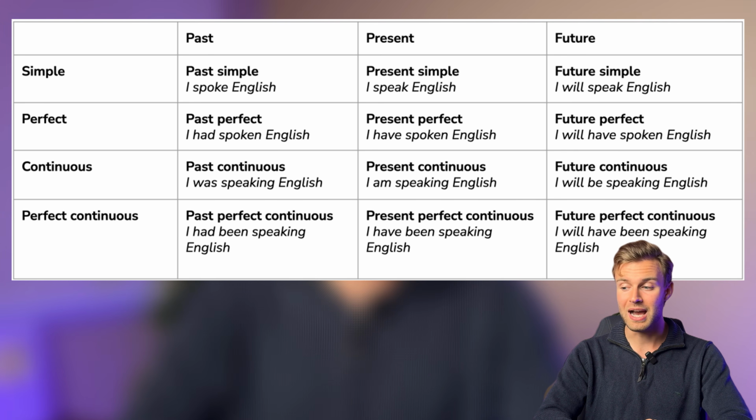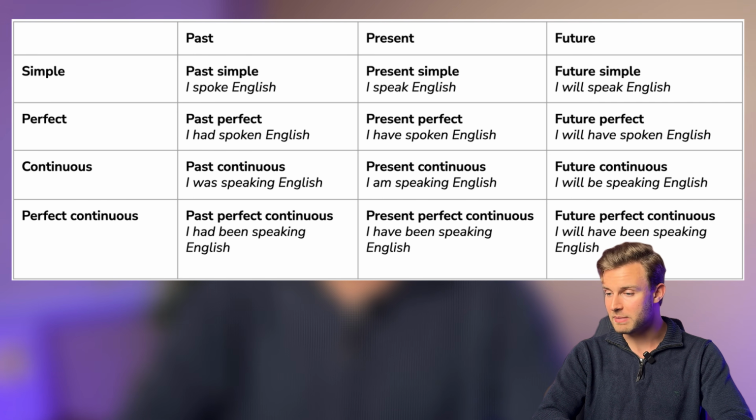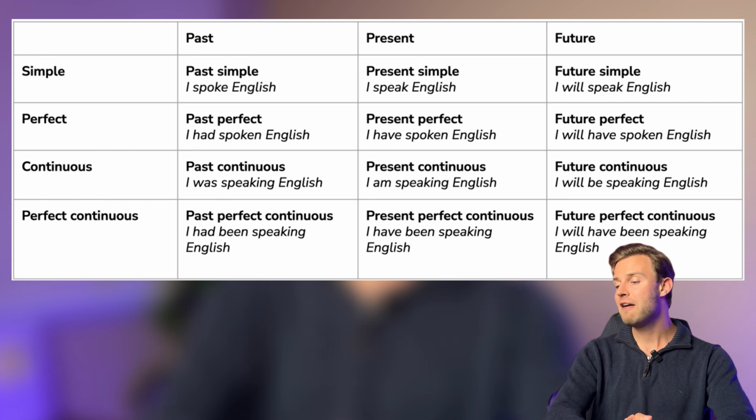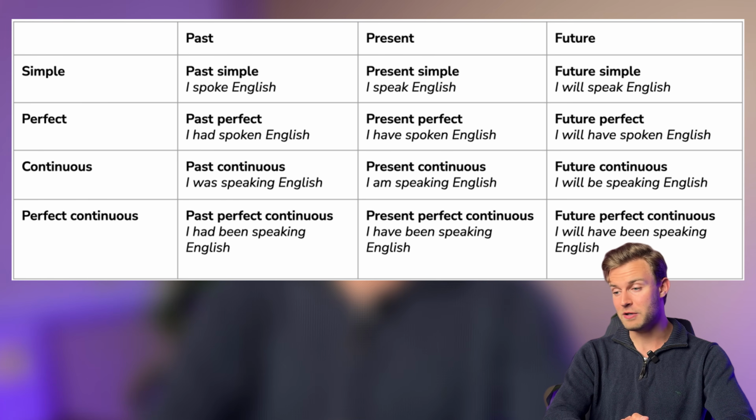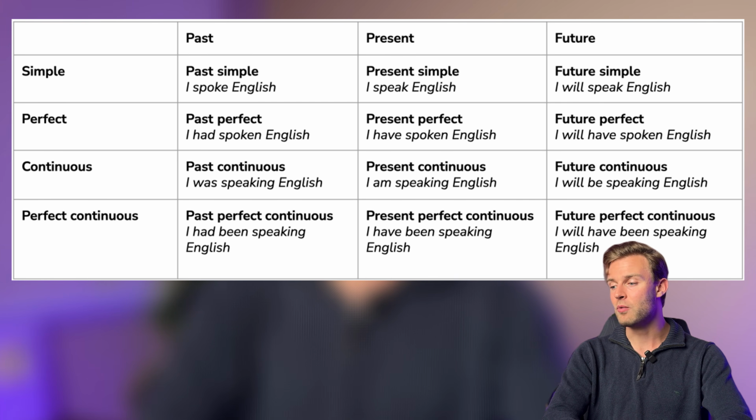Past continuous, I was speaking. Present continuous, I am speaking. Future continuous, I will be speaking. Past perfect continuous, I had been speaking. Present perfect continuous, I have been speaking. And future perfect continuous, I will have been speaking. So that's a lot of information all at once, I know, but to simplify this, I have divided these into